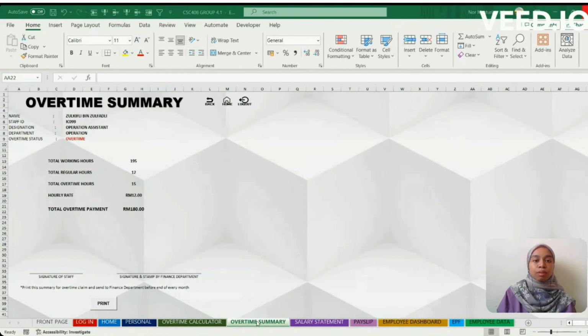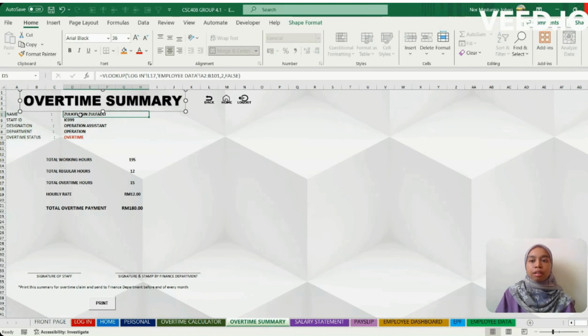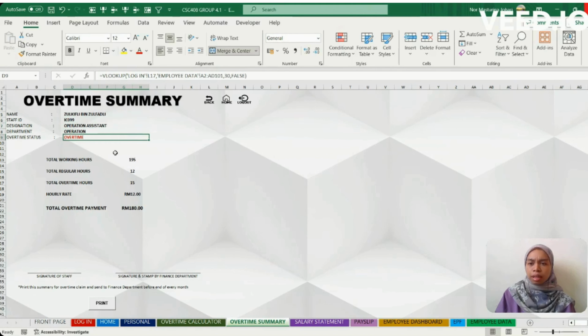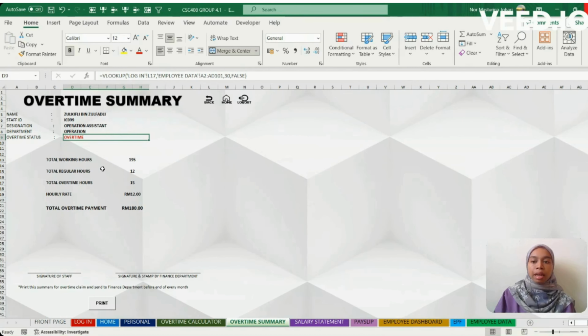Hi, I will continue about our time summary. In this page, it will appear the name, staff ID, designation, department, and overtime status. Here we also use the VLOOKUP function, with the login and the employee data. Here in overtime summary, we have summarized all the details for the overtime from the overtime calculator into the overtime summary, and